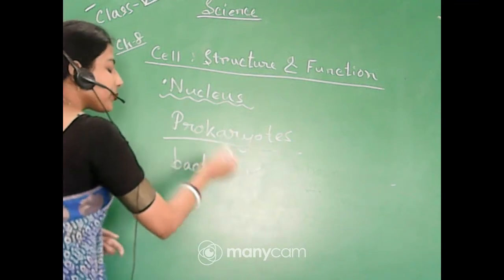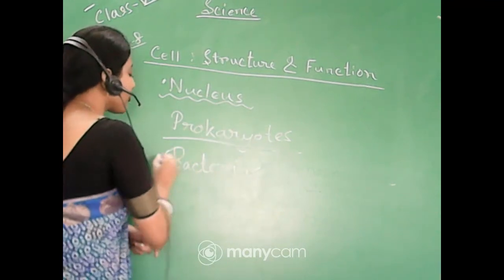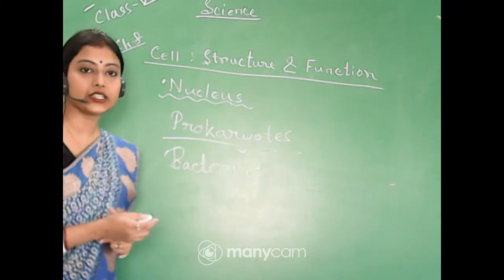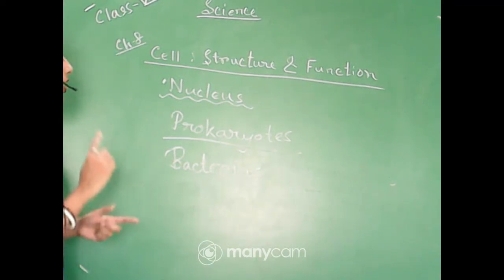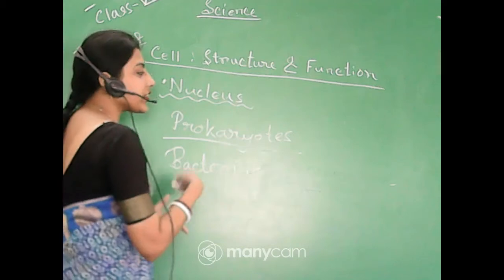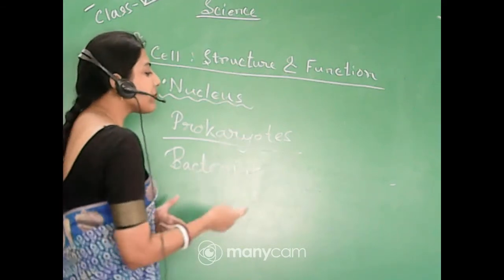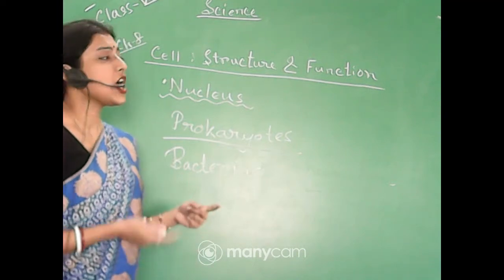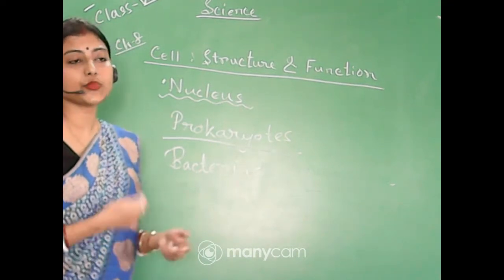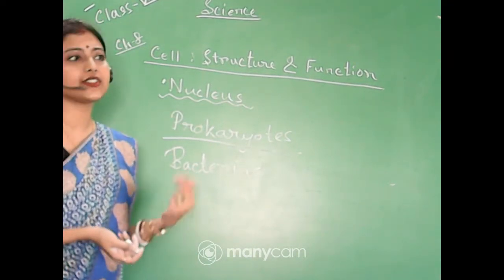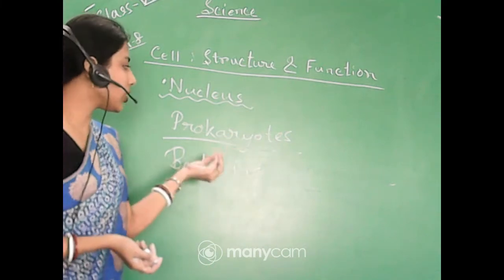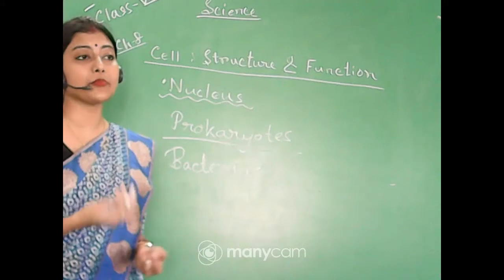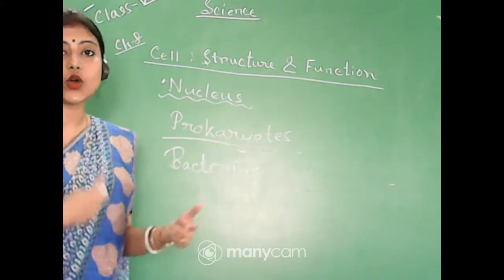So in case of the prokaryotes, the nuclear material is not at all well defined. What does that mean, that it is not well defined? Maybe the nuclear membrane is not properly formed. Maybe some of the bacteria possess only the genetic material, that is only the chromosomes, or, you must have heard the term DNAs or RNAs.